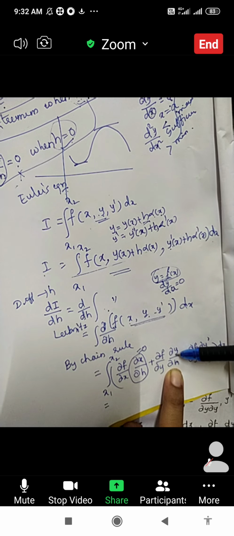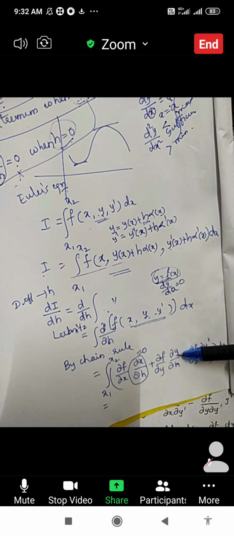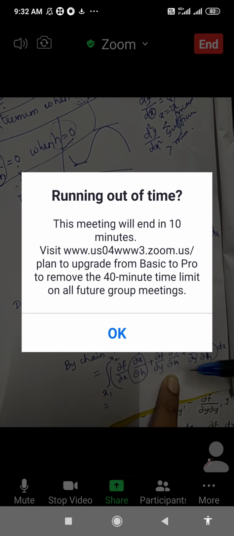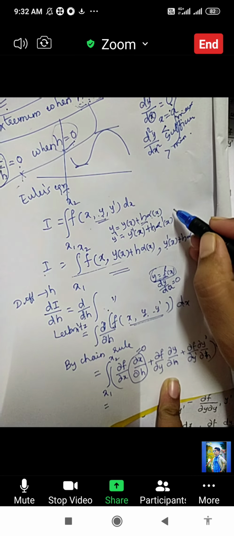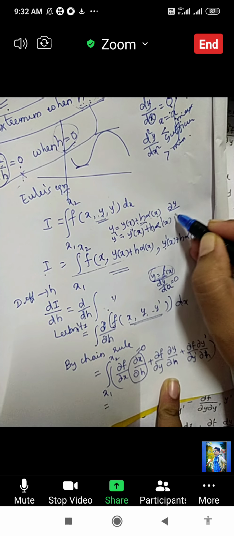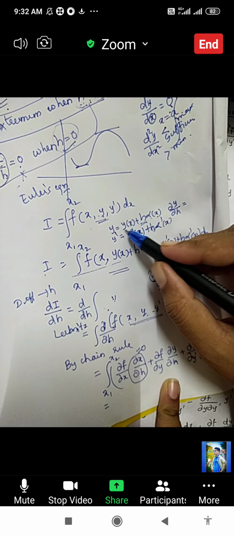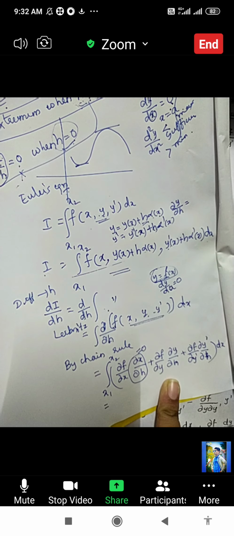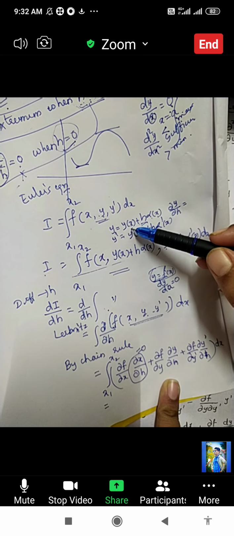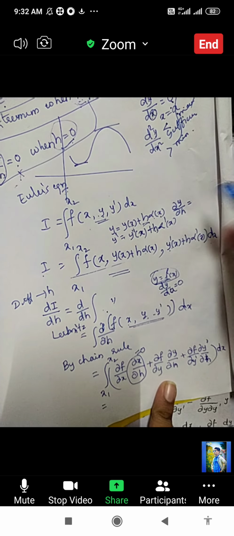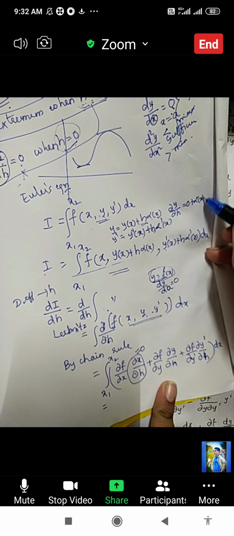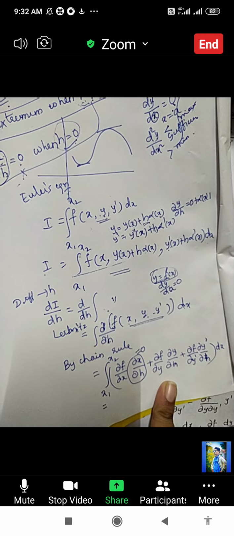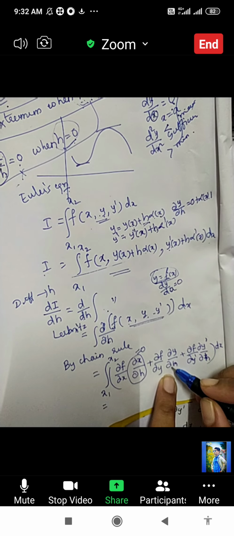It's a partial. Partial means we have to treat y as a function of h only. Other variables we have to treat as constant. So that means for this function, will you tell me what is the derivative of this y with respect to h? What is the derivative of this with respect to h? y of x is 0, plus alpha of x constant. Correct? Constant. h with respect to h is 1. So what is the value of dou y by dou h?